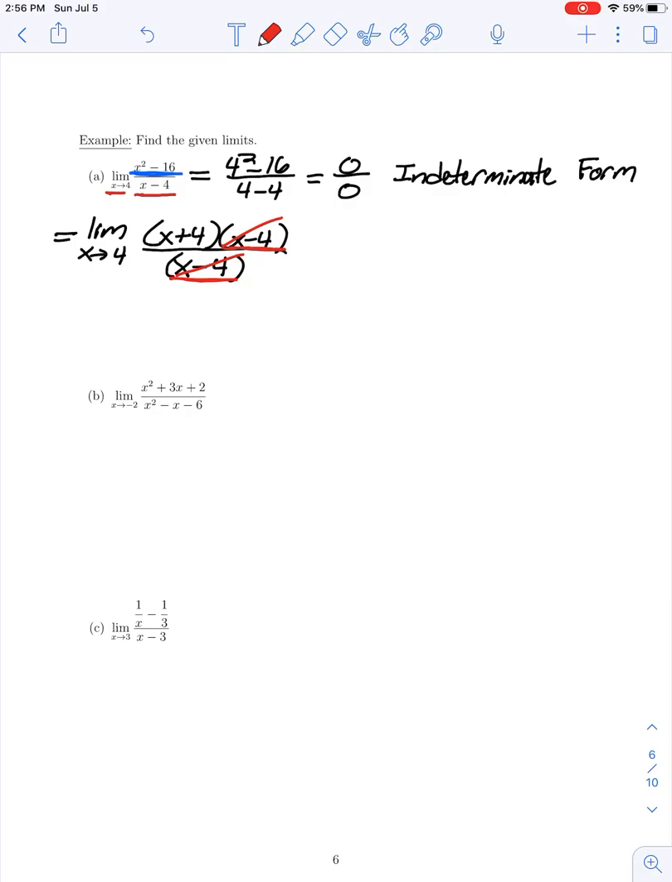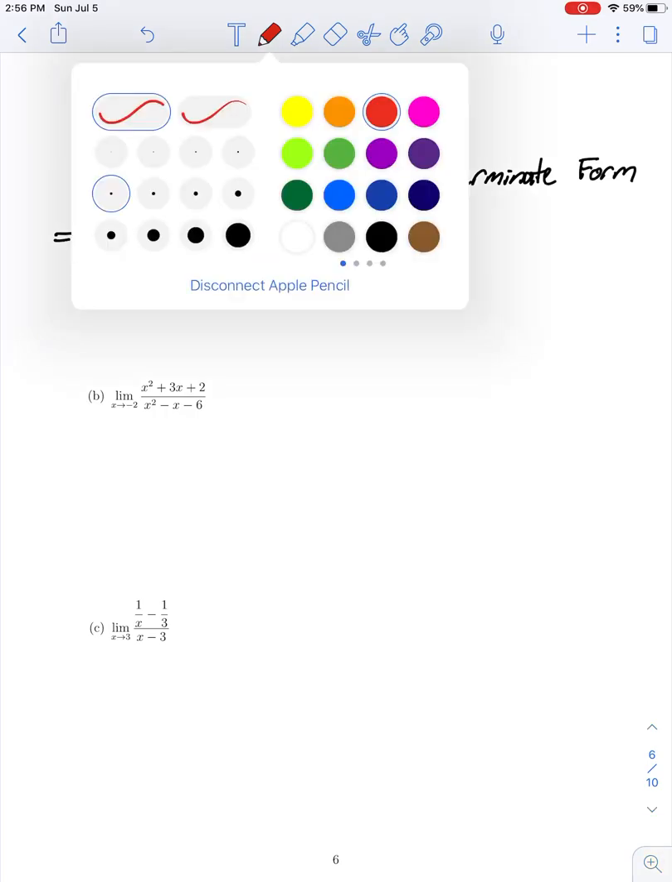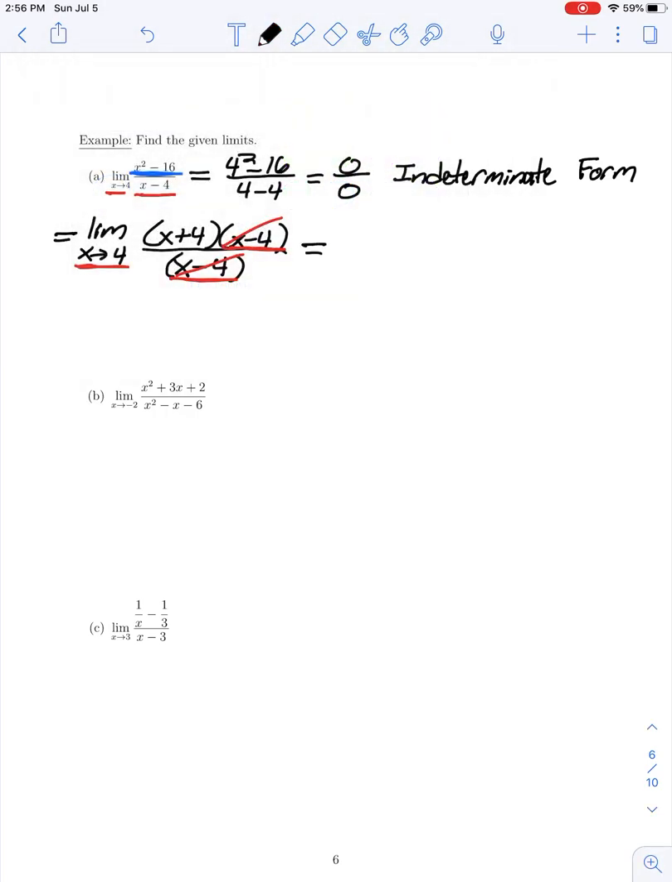Now, why am I guaranteed that x would not be equal to 4 in this example? Well, we're taking a limit as x is approaching 4. Remember, the definition of a limit is that we're taking values of x that are very close to 4, but not equal to it. So since those factors of x minus 4 are non-zero, I can cancel them on top and bottom,